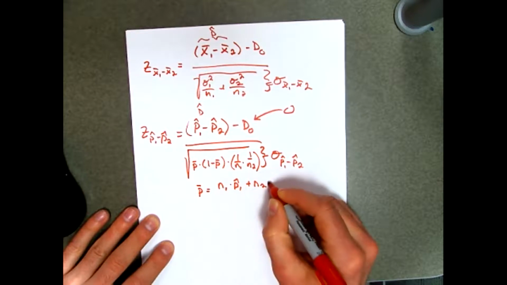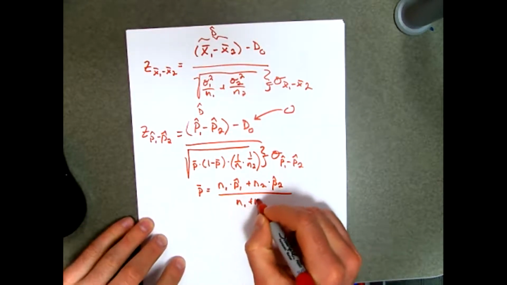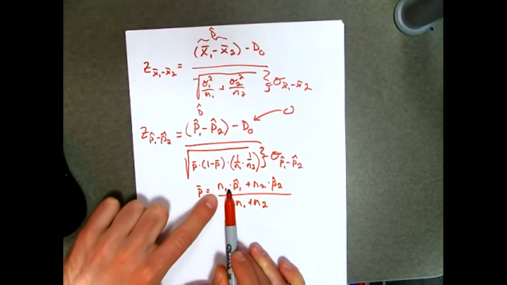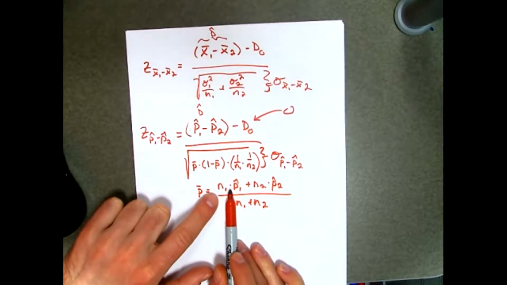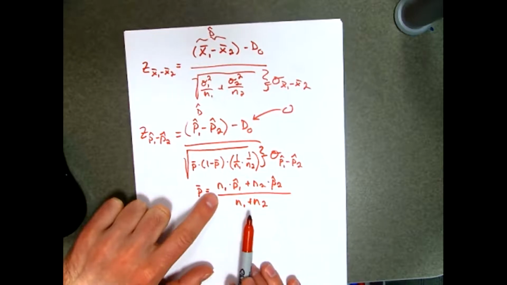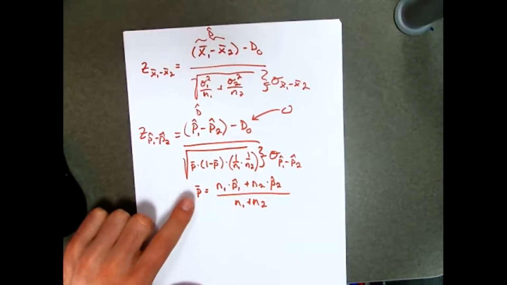looks something like this. Really what P bar represents is you're taking the number of people, for instance, who were in favor of the Affordable Health Care Act in 2011, plus the number of people in 2010, divided by the total number of people. You're getting like an average proportion over the two groups. So over the two time periods, or if we have groups here, over the two groups. Now, the reason why we are doing that